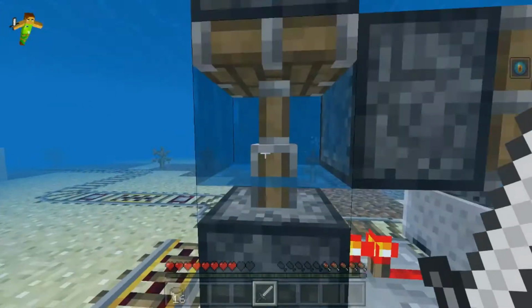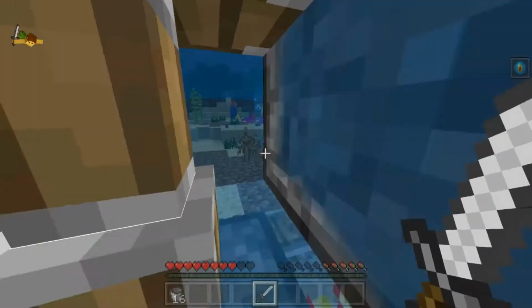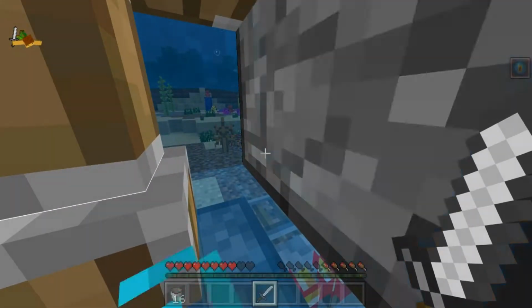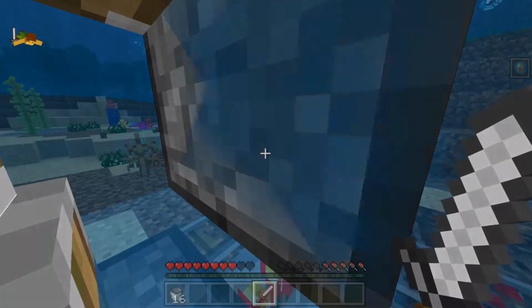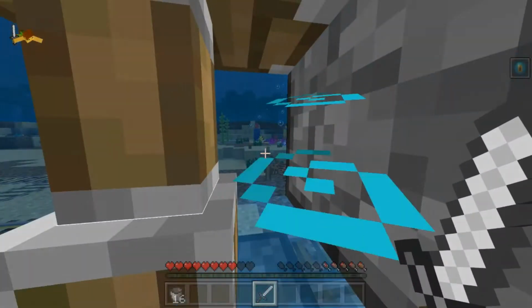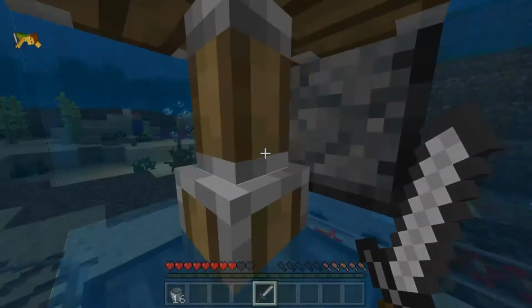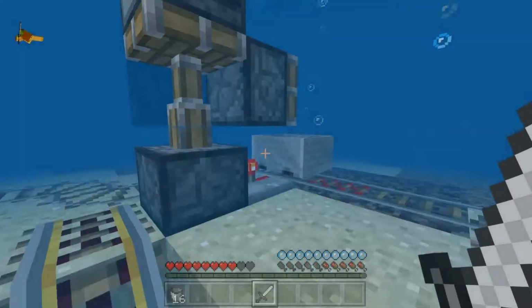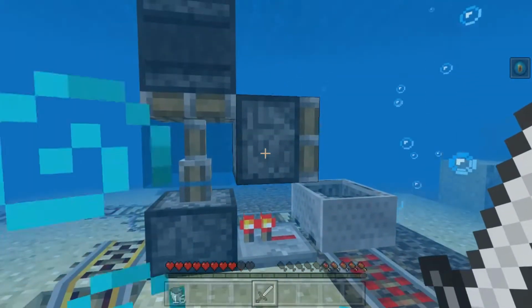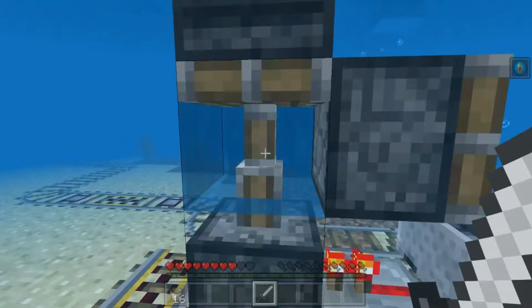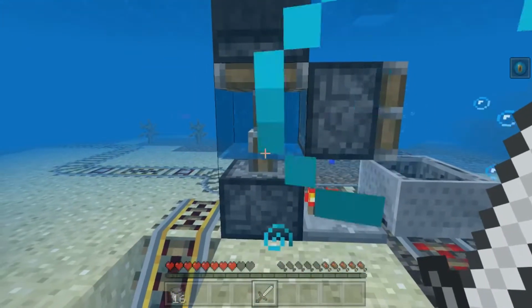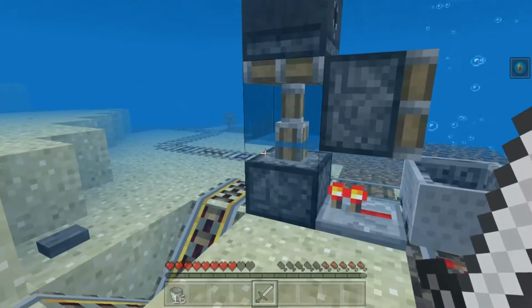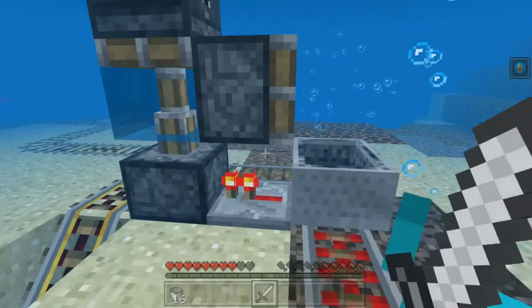Although it does seem to cause a little glitch here where you can have a little air pocket, and it does act as an actual air pocket. Because eventually... Hold on. There you go. I'm going to be talking about what just happened there. But basically, that's proving that you can still have these little air bubbles. I don't know how I triggered this. I don't know if it's just a piston being powered. I haven't tested that yet, but